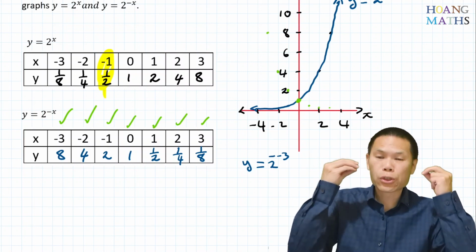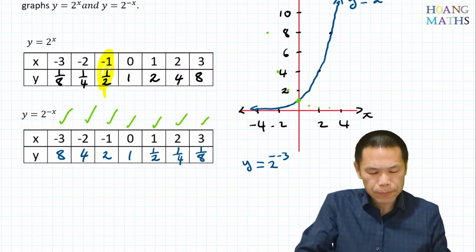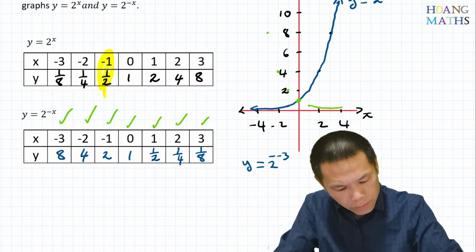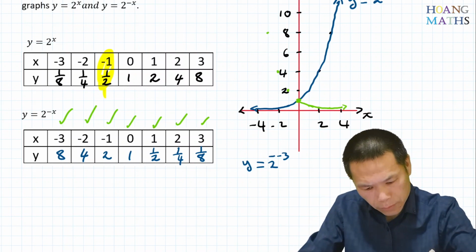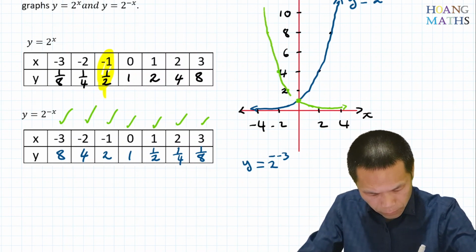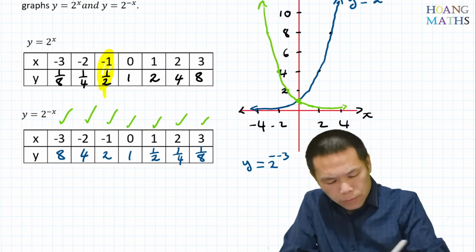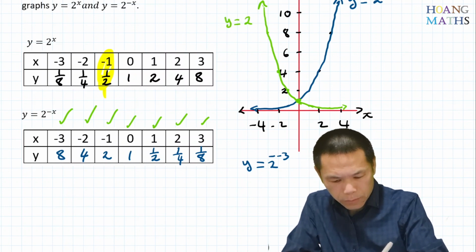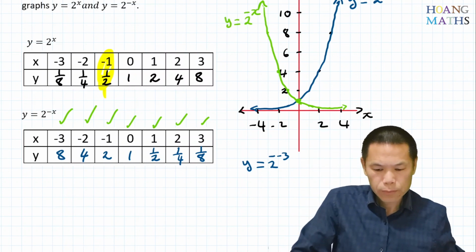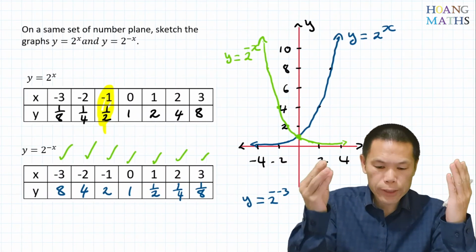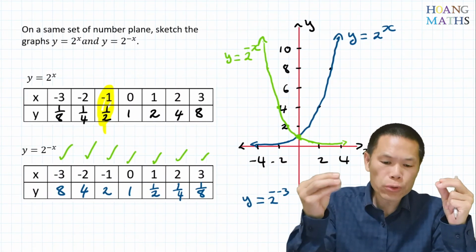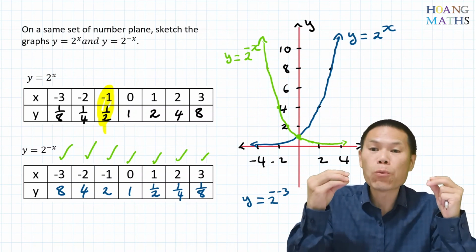So now I just join these points together, okay? So there you go. This is y equals 2 to the power of x, and y equals